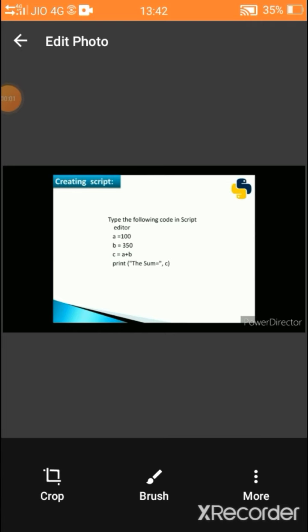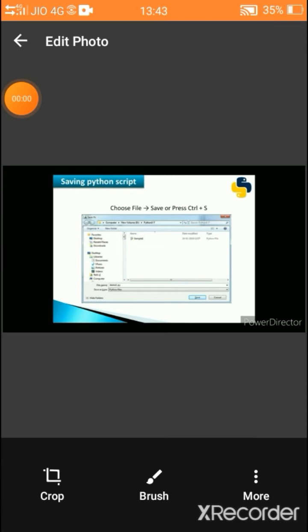Another way of writing a program in Python is script mode. We have to write the code in a file and save it with the extension .py. This is the way to save a file. Choose the File menu and click the Save option, or press Ctrl+S. It is a shortcut key to save a program. After we get the Save As dialog box, we have to enter the name of the file. .py is the extension to save a program as a Python file.